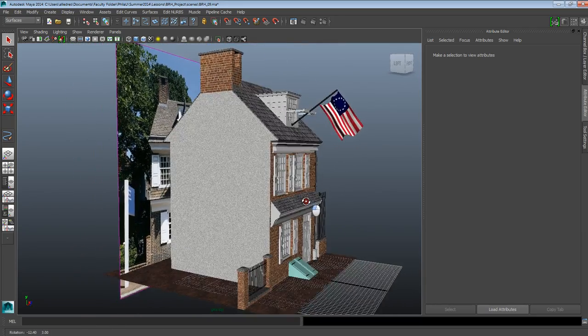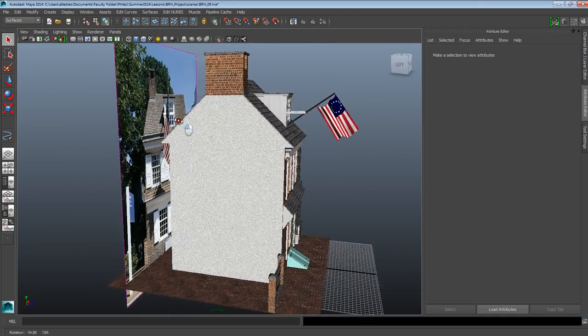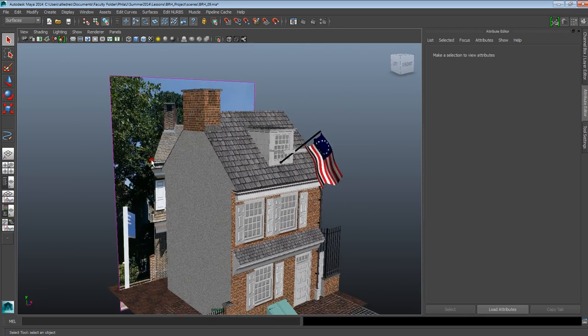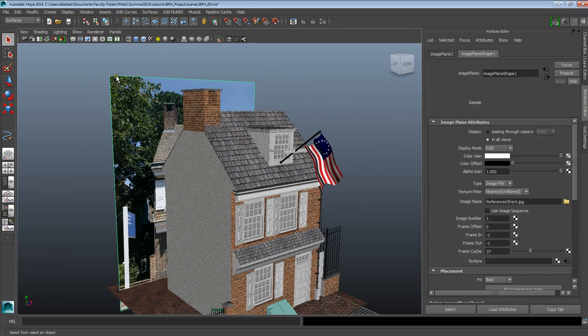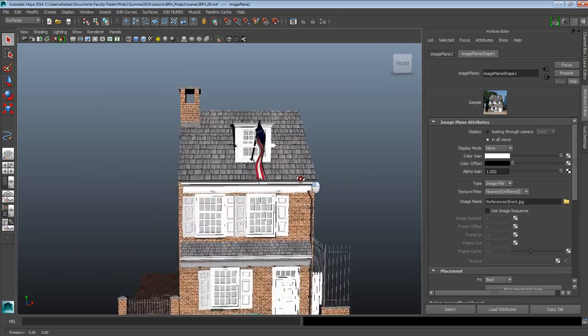So the first thing that I want to do is get rid of this image plane, because again we've already finished this. We don't really need it in the scene anymore. You can get rid of it one or two ways. You can select it, and by doing that it takes you right into the attribute editor. All you gotta do is go into display mode, and by default it's going to be in RGB. All you gotta do is change it to none,